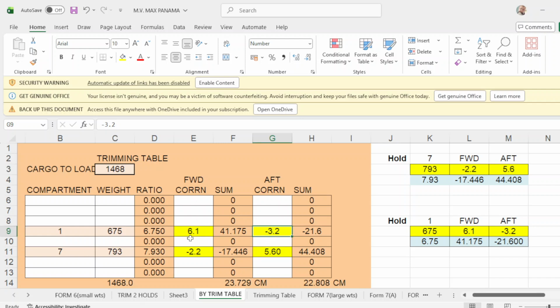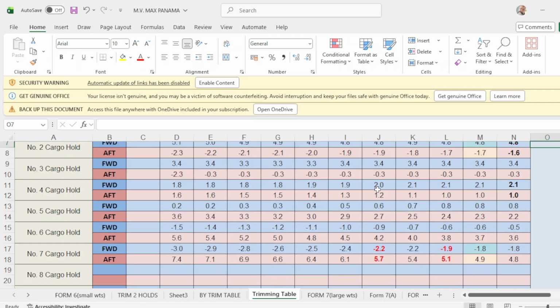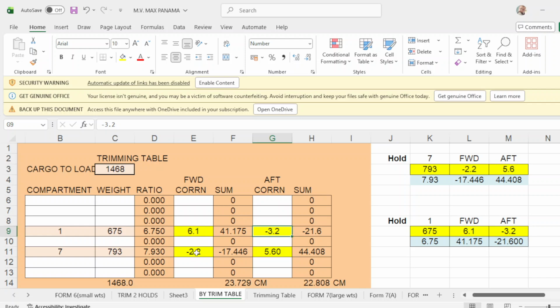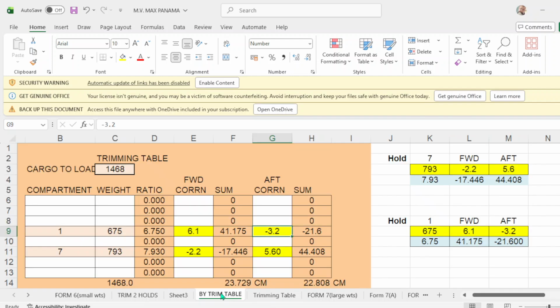And number 7 forward, we go down. Number 7 forward is negative 0.2. There you go. And up correction is 5.7. Then you put here 5.7.